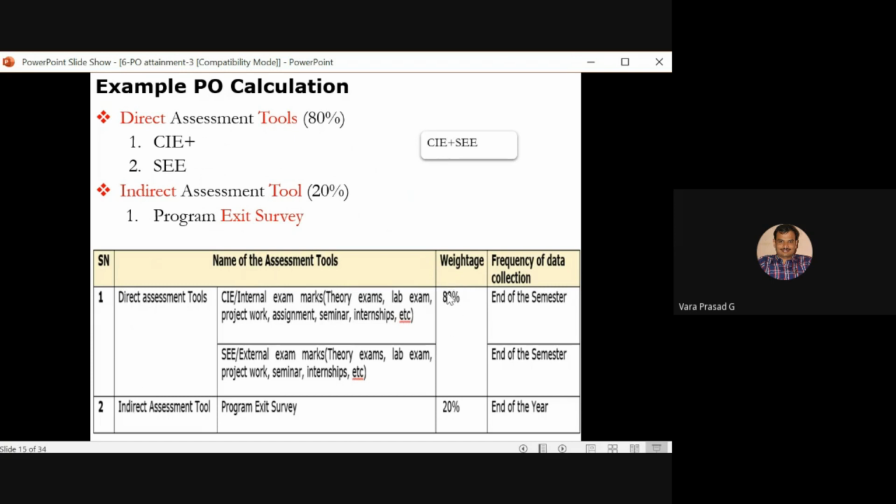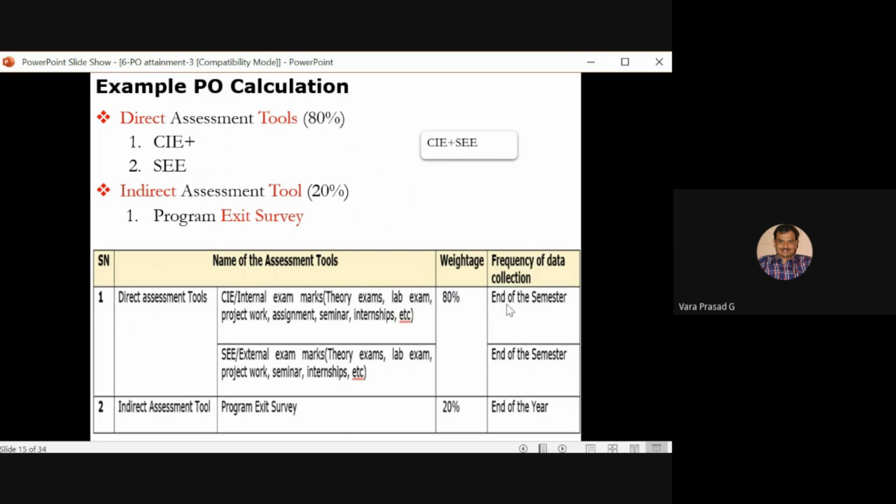In the sense, once the semester is over, every faculty member has to give the attainment value with respect to his subject. For example, in the DBMS subject, I have mapped 5 POs, so I am supposed to give the 5 PO attainment values. Whatever POs I have mapped, those PO attainment values have to be submitted to the department.